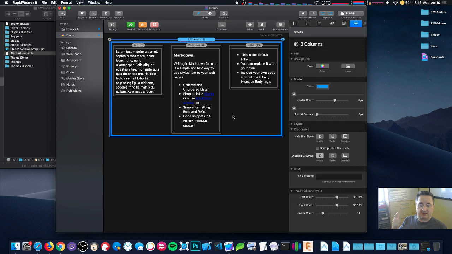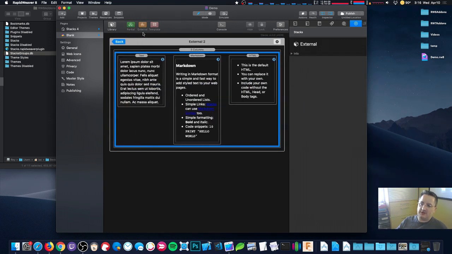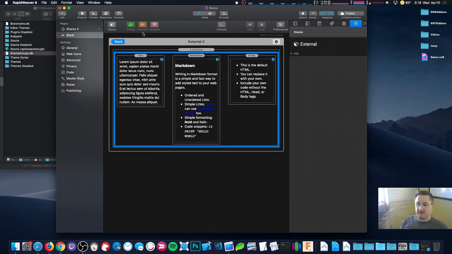But just like the Bookmarks database, the Stacks groups, and the Snippets, and the theme styles, there's now a way to save a partial external to your project. And so what did we call it? It's called an external. So if you click the external button, it creates an external,